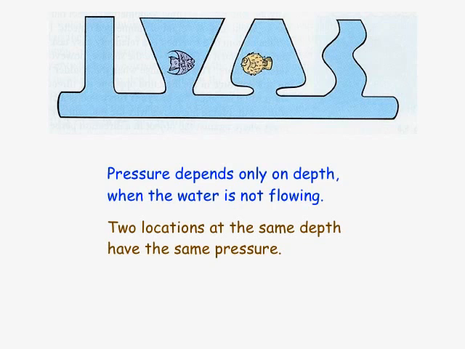So the two fish here in the two different containers, since they're at the same level, they're subjected to the same pressure. In fact, anything that's at the same level as the fishes in these drawings is at the same pressure. The sizes of the containers, the shapes of the containers don't come into play. Simply the depth that the fish is beneath the water above determines the pressure. It's the column of water above that's pressing down on the creature that's creating the pressure.